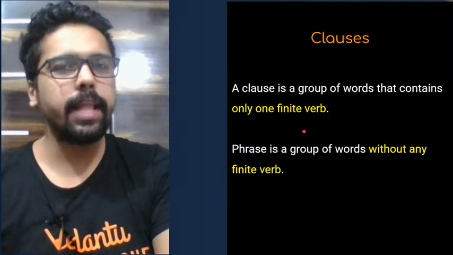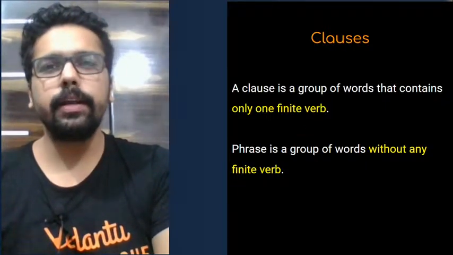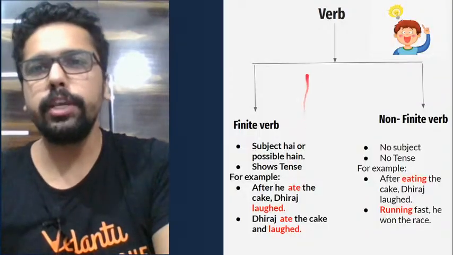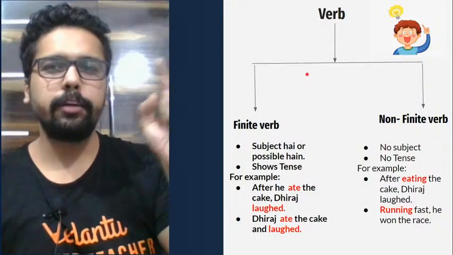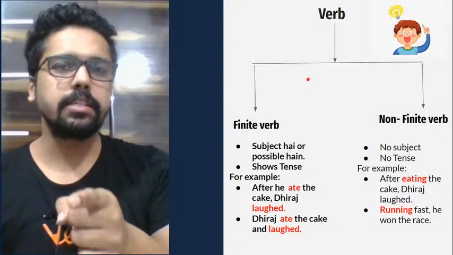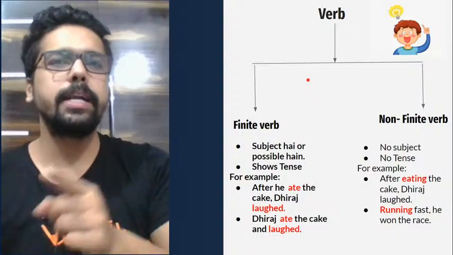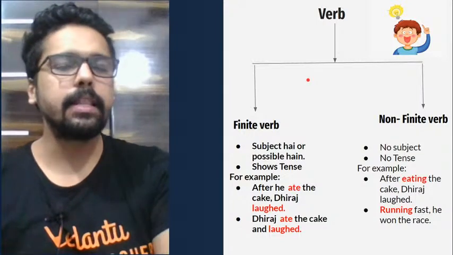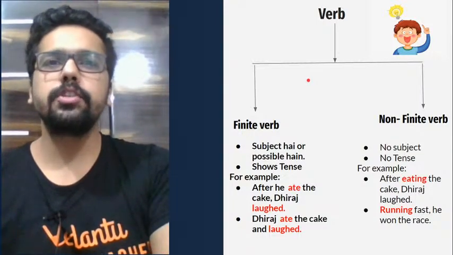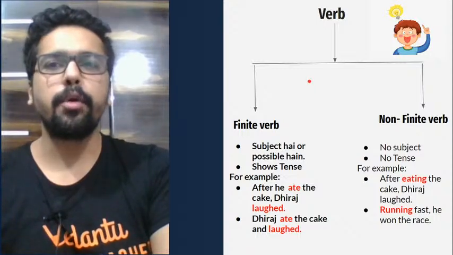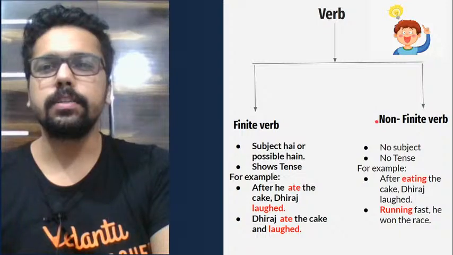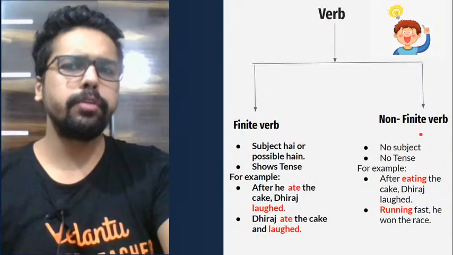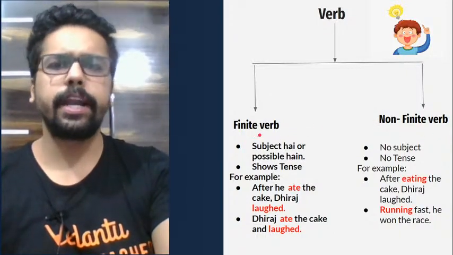So we'll see what that is. Now, to understand this topic really well, we need to know this here. First of all, we need to know what a finite verb is. If you remember the topic that we had done, finite, non-finite verbs, we had the same slide here. So I'm using the same slide purposely so that we get the same link. In case you haven't checked out the topic non-finite verbs, go and watch that video whenever possible. About the non-finite verbs, here we do not have to worry about non-finite verbs. We'll simply see what a finite verb is.